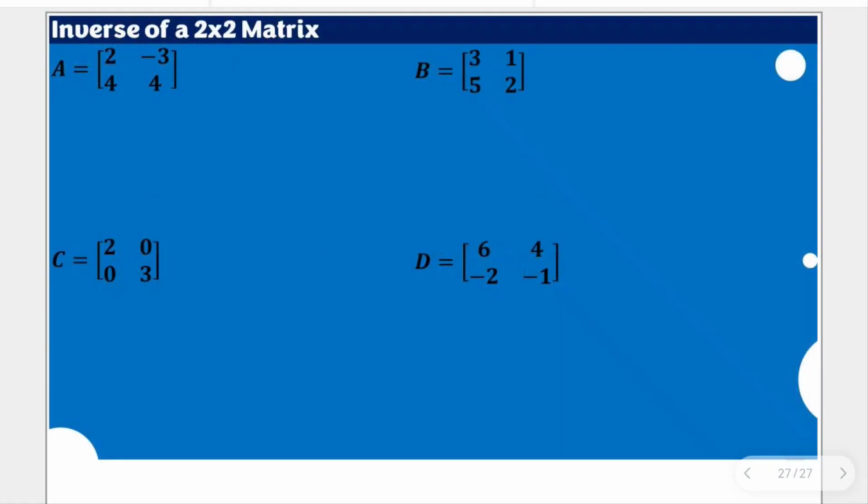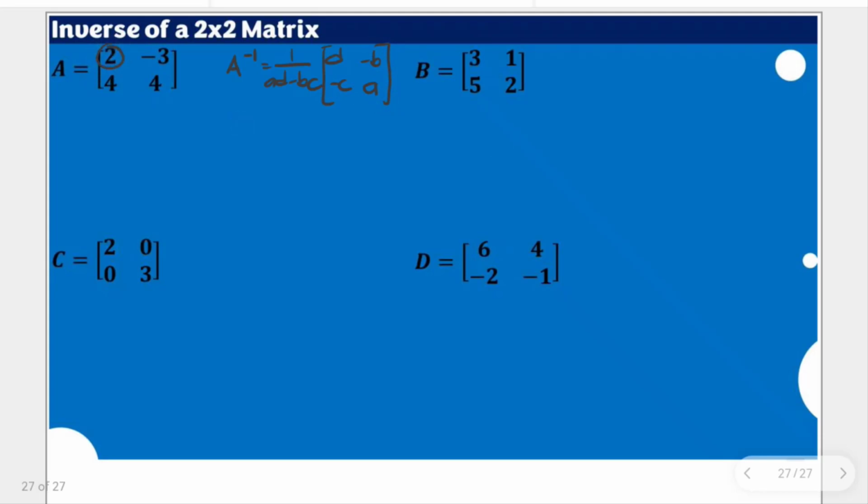Now it's time for us to solve the inverse of a 2 by 2 matrix. Just like these 4 matrices here, A, B, C, and D, we are tasked to find their inverses. In this process, we can use theorem 1.4.5, which uses the concept of a determinant. The inverse, let's say for A, is equal to 1 over AD minus BC, the determinant, and we simply interchange D, A here, negative B, negative C in this manner,